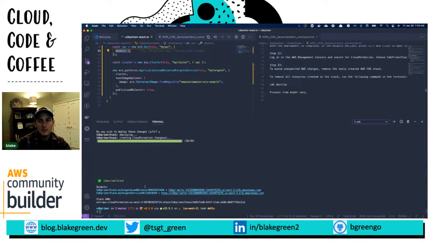So we have our outputs. Okay, so it outputs just the DNS name, I guess, and then the service URL, which is the exact same. So let's see if we can open this up in a